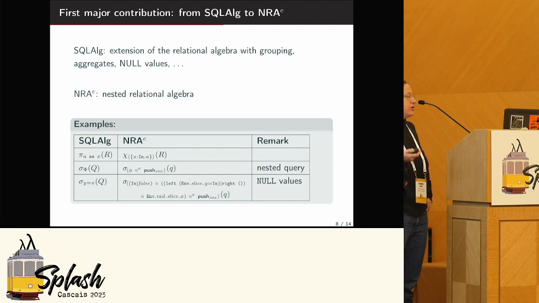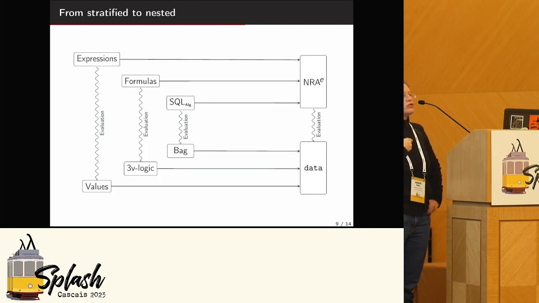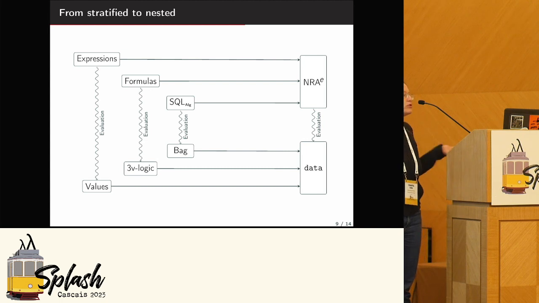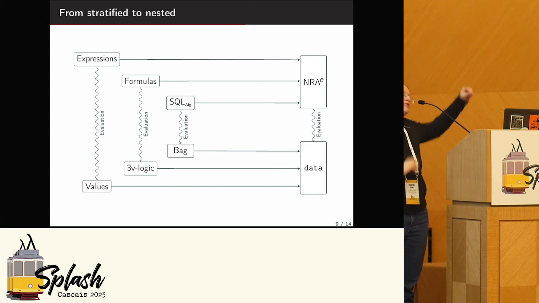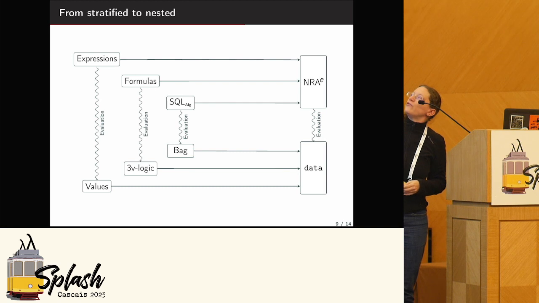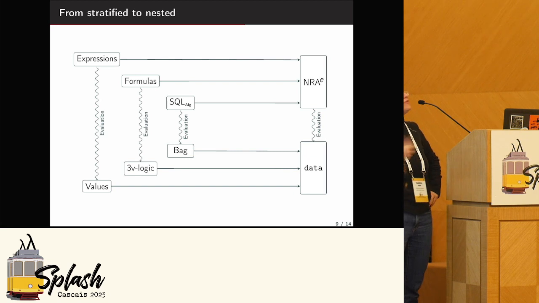So that's one difficulty. A second difficulty is to go from stratified queries to nested queries. So in nested relational algebra, everything is at the same level, okay? Whereas in SQL, we have the main queries, which contain formulas, which contain expressions, and so on. So we had to reflect the fact that we have a stratification on one side, but only one thing on the other side. So it makes complex here the functions that translate to NRA and the theorems to prove that these functions are correct, which need to be really intricate.